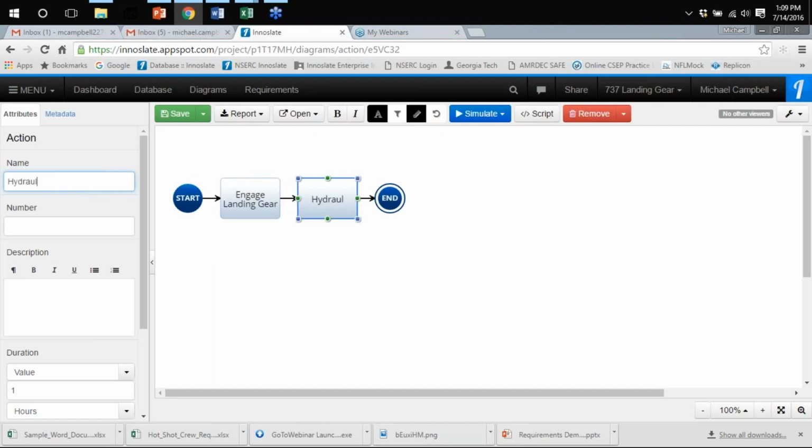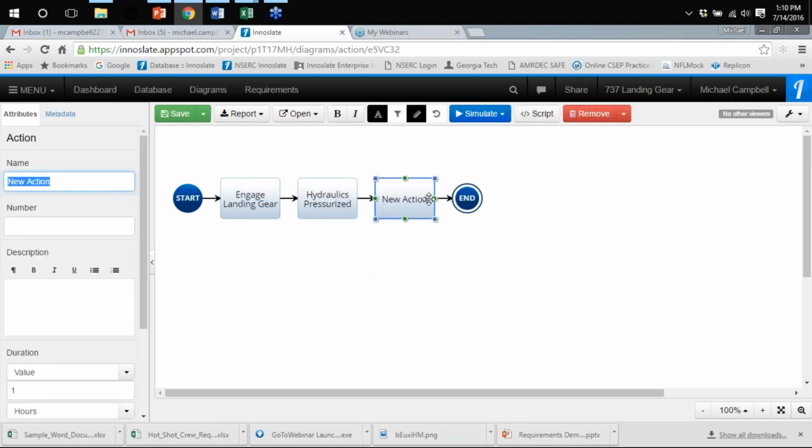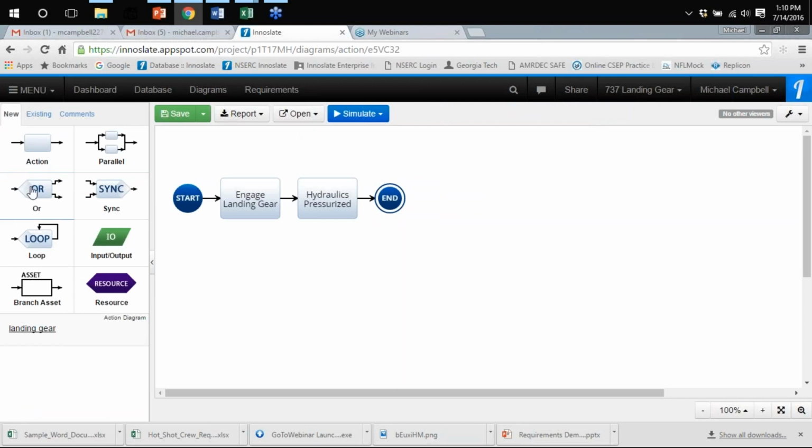Hydraulics, engaged, or pressurized, I should say. Pressurized. Okay. Now, actually, I want to remove that. Now I have a decision point,